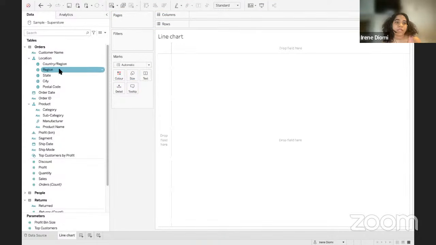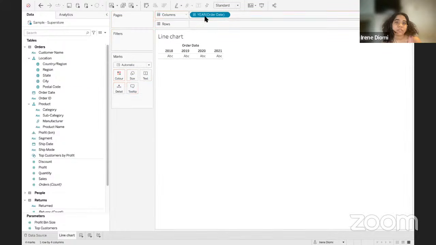Whereas my order date like this, it's different groups of dates. So for example, I could group 2018 together, 2019, 2020, or 2021. So discrete data are part of different groups, whereas continuous data are data that can be aggregated. Okay, so now